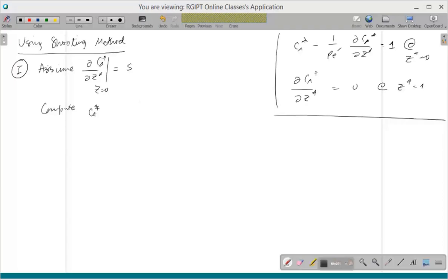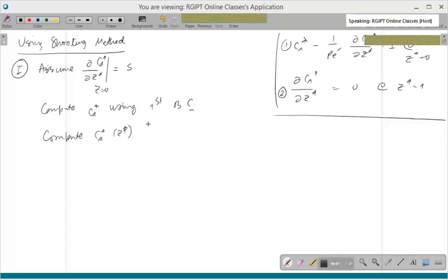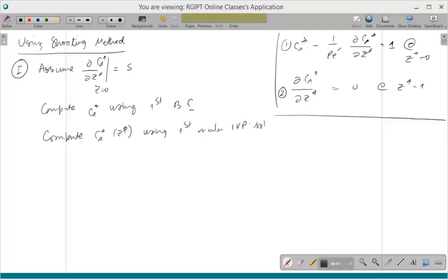I need both CA star and dCA by dZ star at the left end in order to implement my IVP methods, right? Now CA star can actually be obtained from the first boundary condition. So compute CA star using the first boundary condition, which is this one. Let's call this number 1. Having done this, then compute CA star at Z star